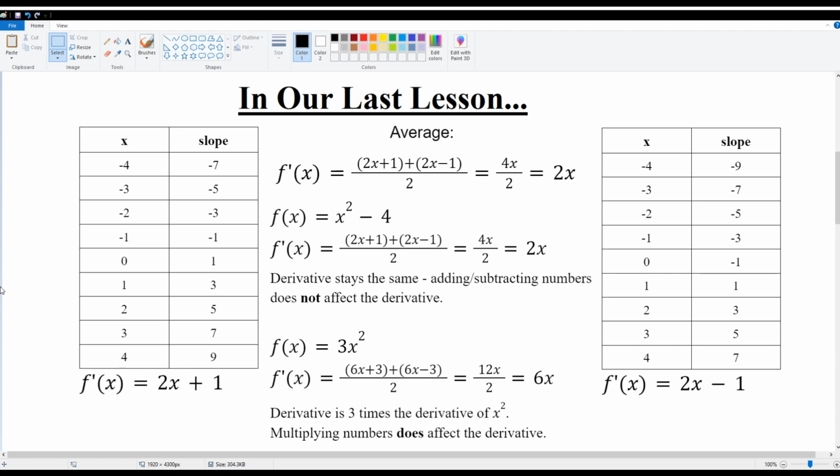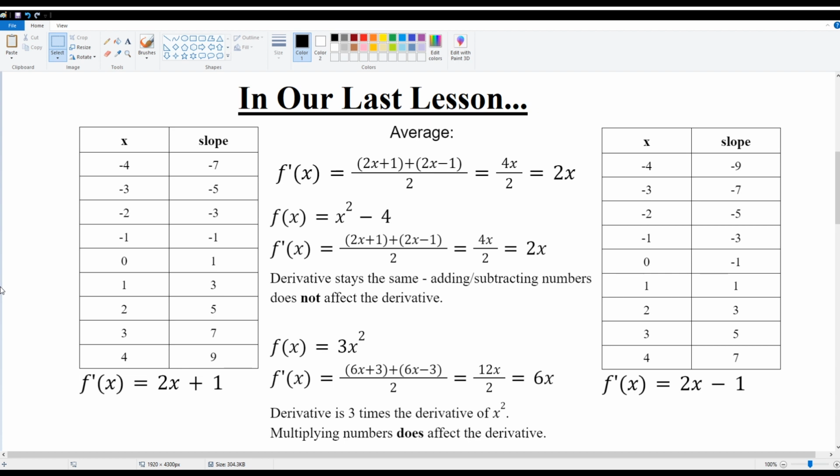However, if you take both the over and underestimations for 3x squared, 6x plus 3 and 6x minus 3, those average to 12x over 2, which was 6x, meaning that putting a multiplier on x squared does seem to affect the derivative. At this point, the only thing that we really know for certain is these three derivatives. We're not really sure of a pattern yet, which would be the thing that we want to figure out at this point. Now that we know that derivatives exist, we want to find as many of them as we can,